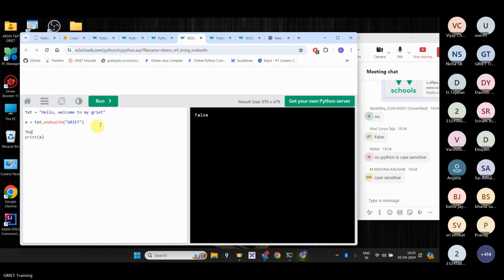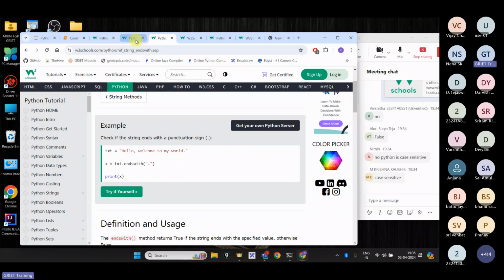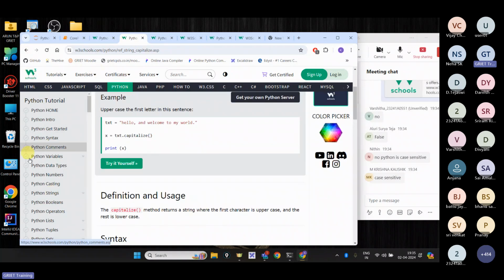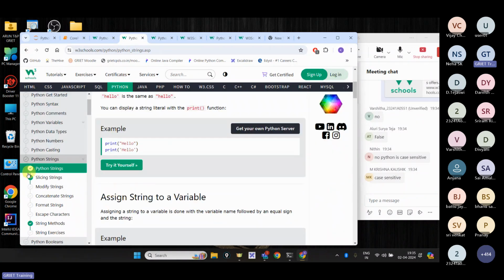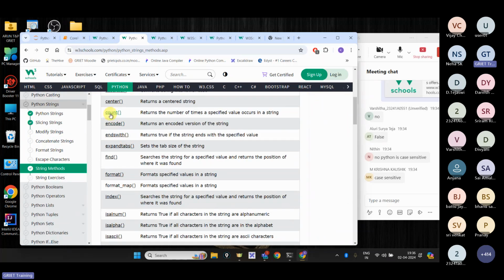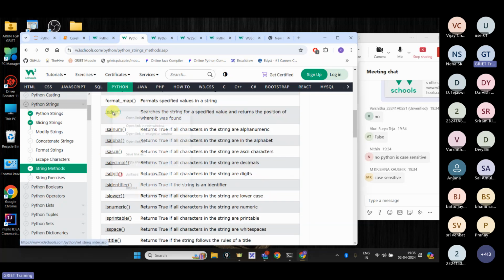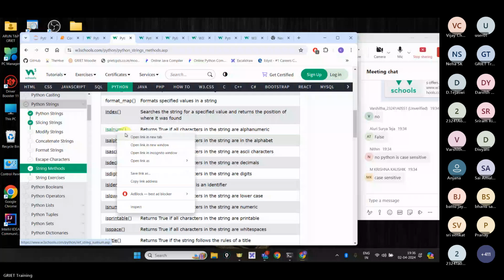Okay, understood? Similarly, I'll mention some of the important string functions you should know to do the problem solving. At least go and read about those functions. Count will count the number of characters or number of words in the string. Find, format, index. Index is very important, it is most widely used. So what is alnum? It returns true if all characters in the string are alphanumeric. Alphanumeric means,